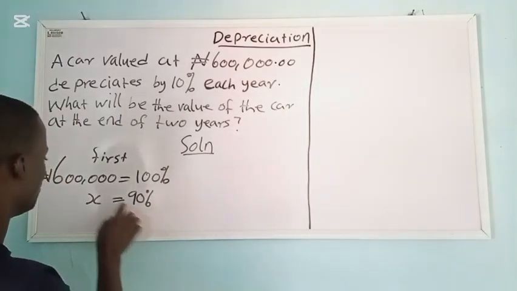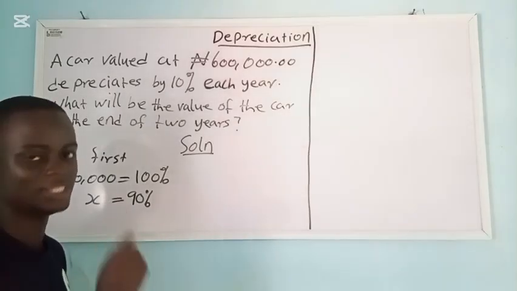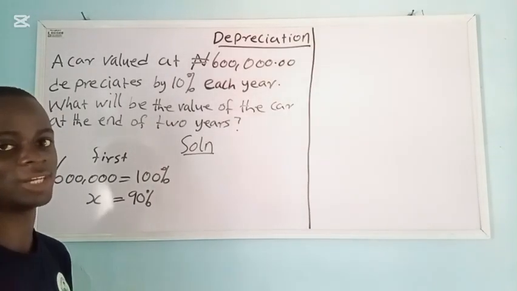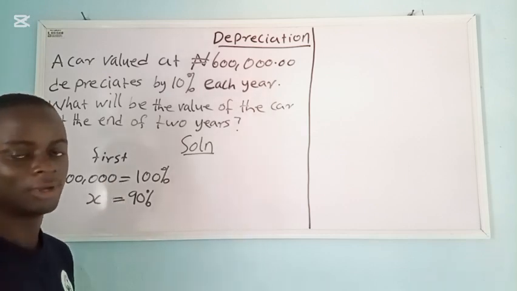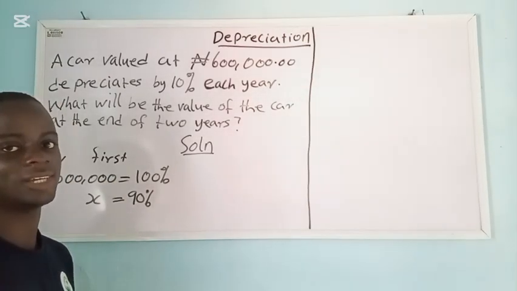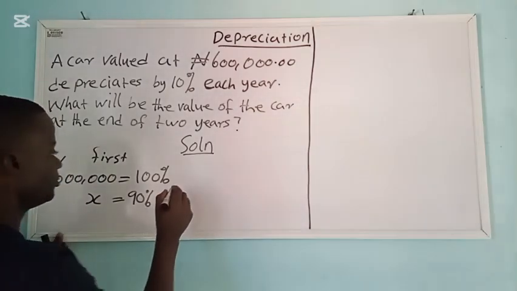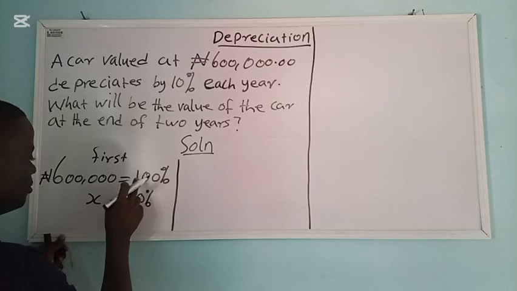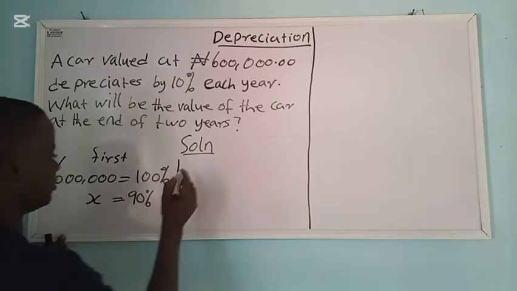So now, what will be the value of the car now at the end of this first year? Because they say 2 years, so now we'll do the one of first year and the one of the second year to see what will be the last value of the one of the second year. But we'll first start with the one of the first year and see. Then we'll now do cross multiply. Multiply this one times this one, this one times this one. You will now get